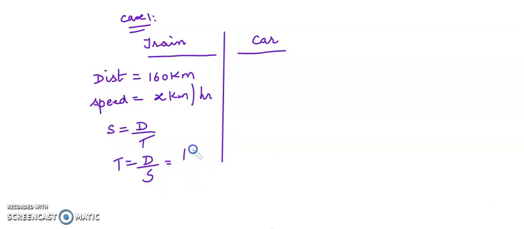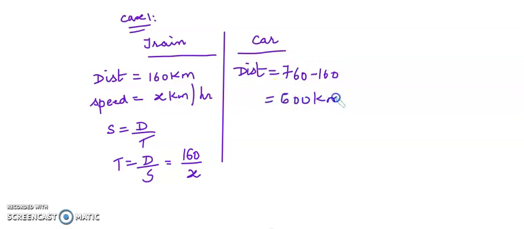The time that he's taking to travel by train is not given, so we have to do this 160 by x. Now the remaining distance is traveled by car. 760 is the total distance, traveled by train is 160, so the remaining is, yes, 600 kilometers. Am I clear? Okay, now the speed of car that we took was y kilometers